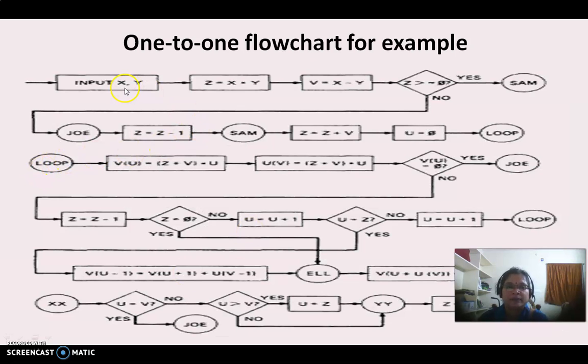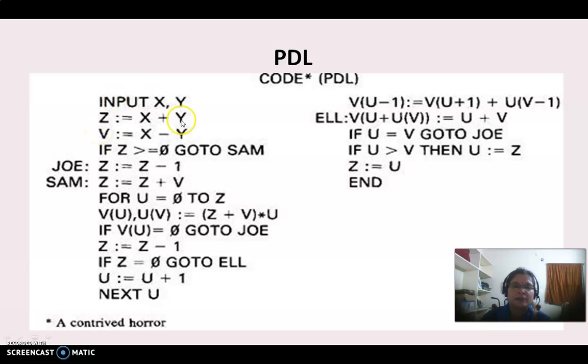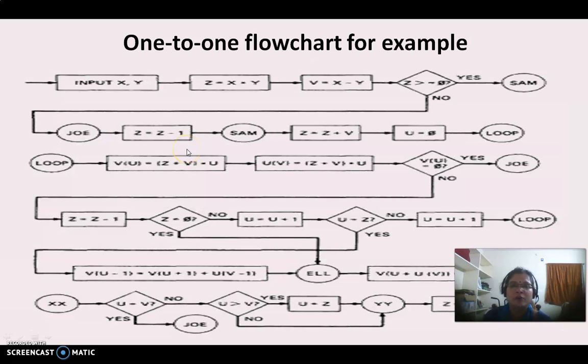Look at this. Each and everything can be represented in the one-to-one flowchart. Each and every statement is there, and each statement is connected with the other statement. No statement is skipped here. Everything is represented, showing how the process flows from the initial to the end. How the process starts and ends, from the start of the program to the end of the program, is clearly represented in the one-to-one statement representation. Okay, so now coming to the control flow graph.